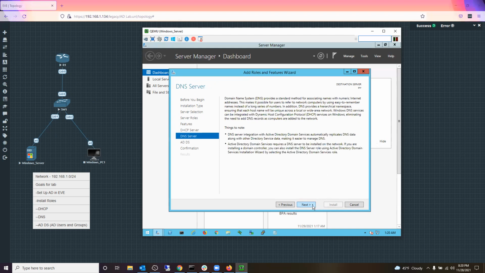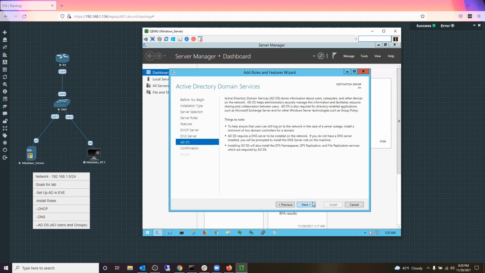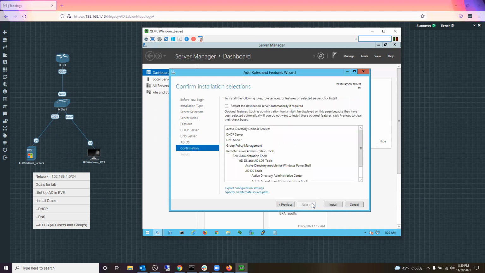Real good stuff, telling us about just DNS, Active Directory Domain Services. And once we click next, it confirms, hey, perfect, this is everything we're going to install. We're going to drop these in here. And then it also gives us the option, hey, do you want this server to restart